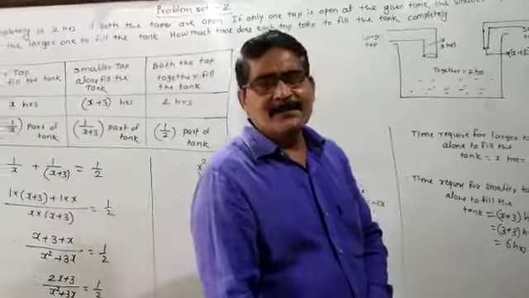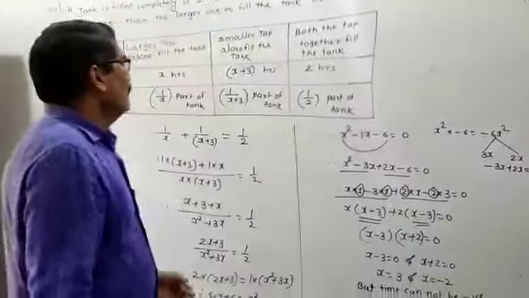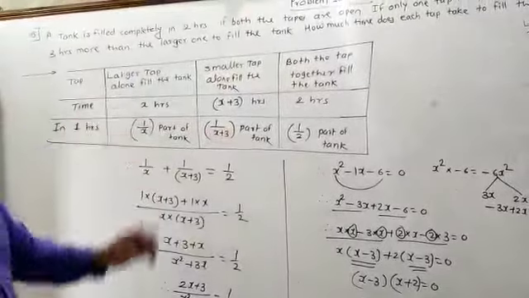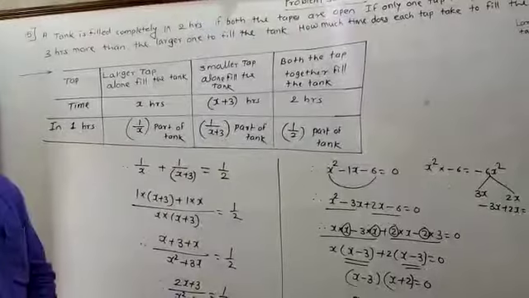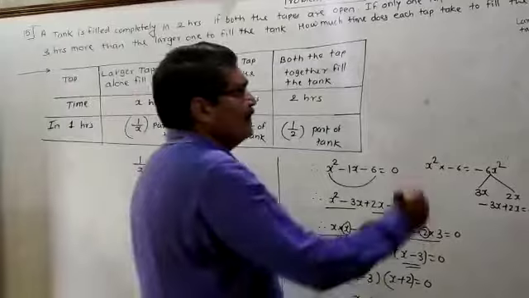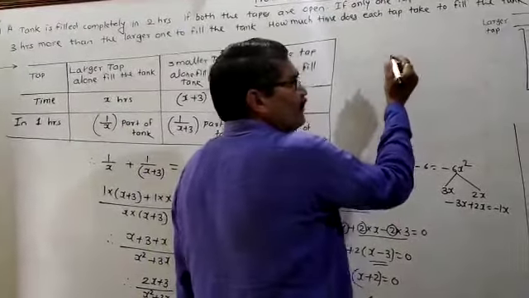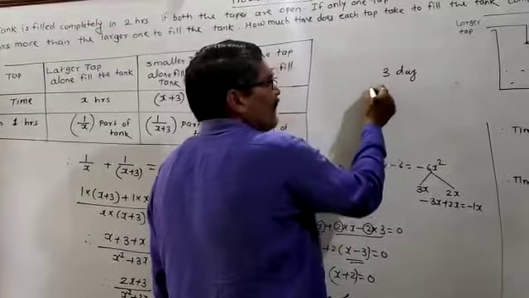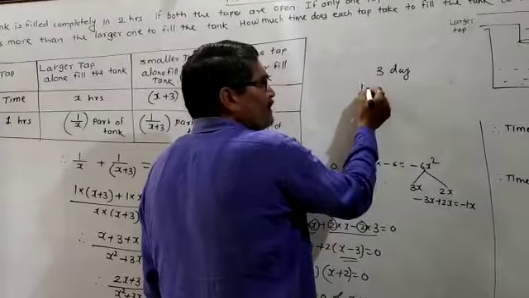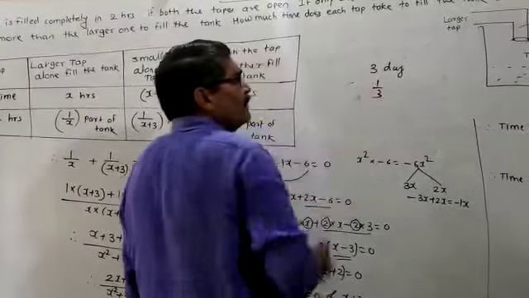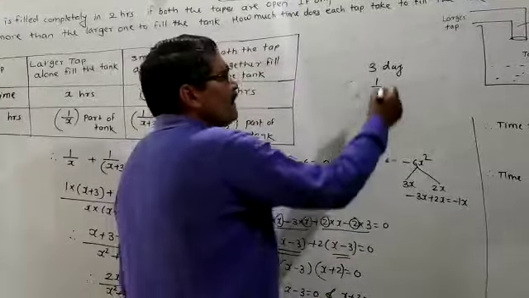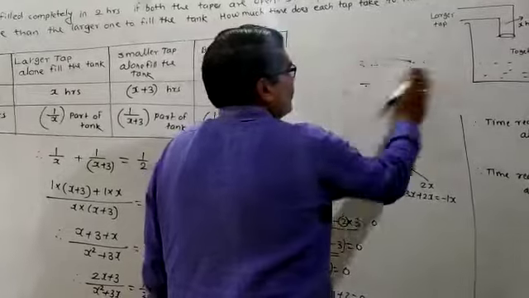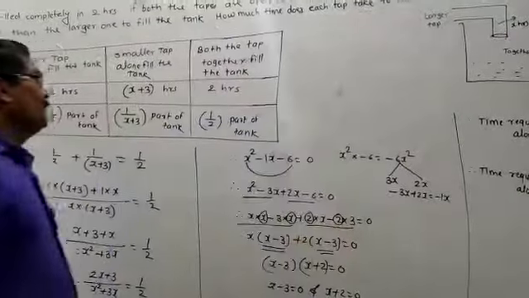For that you have to consider the variable. So here I prepared one box. This is like the work and wages example. If I do one work in 3 days, then my one day work is equal to 1/3. If anybody does the work in 10 days, then their one day work is equal to 1/10. In that way you have to solve this example.